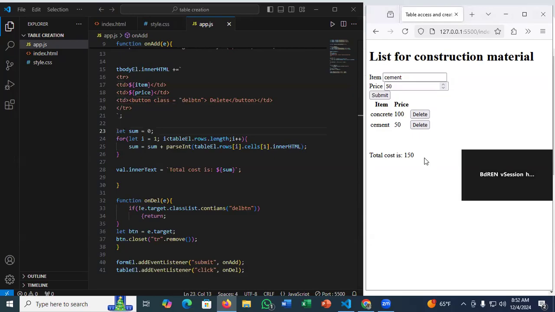Now let's deep dive into the CSS part, because we have to make it much more attractive. So in doing such, say